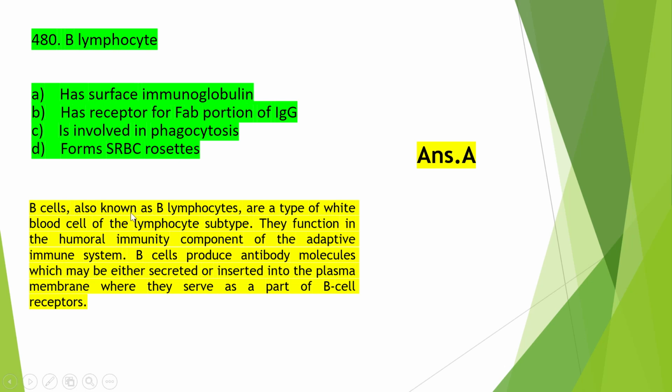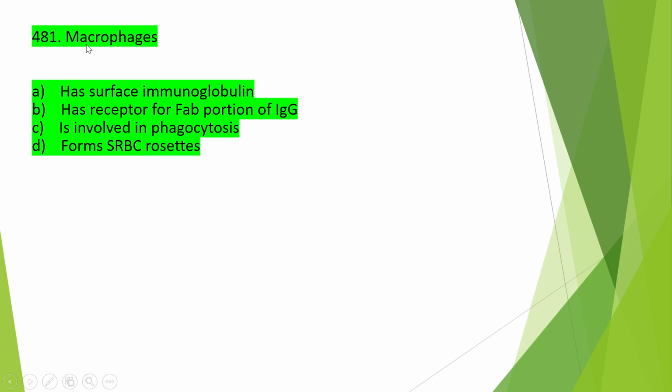So B cell, also known as B lymphocyte, is a type of white blood cell of the lymphocyte subtype. They function in the humoral immunity component of the adaptive immune system, and these B cells produce antibody molecules which may be either secreted or inserted into the plasma membrane, where they serve as a part of the B cell receptor. Okay. So move on to the next, that is